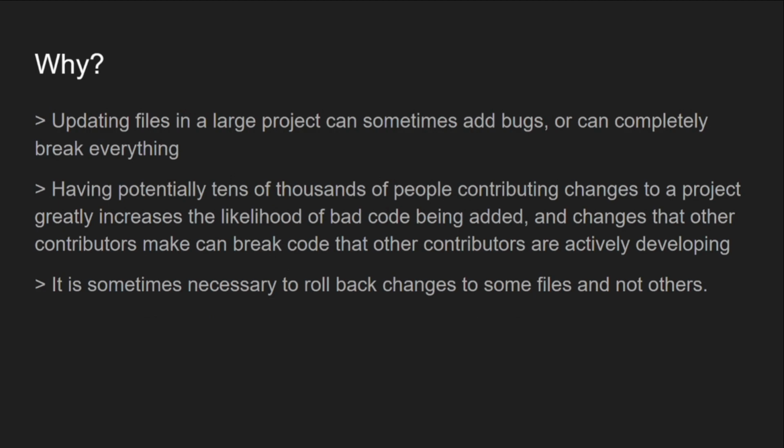Sometimes people add things to projects, sometimes bad code, sometimes bugs, and that's just how it is. You need a way to roll that back without breaking everything, or a way to automatically store every change you've made and keep track of those changes in case you want to go back and roll one back. Or even, as we'll get to if we have time, pick and choose changes and exclude certain changes that you've made in your development lifecycle.